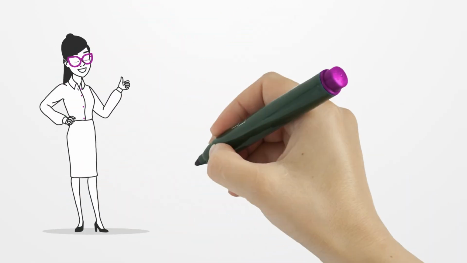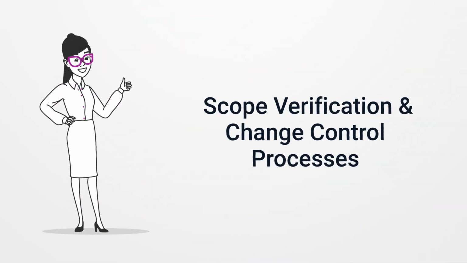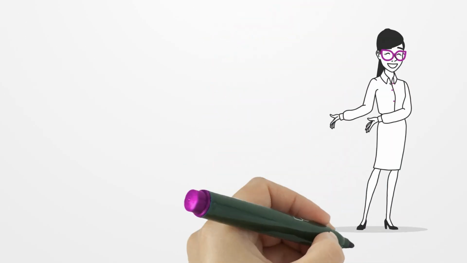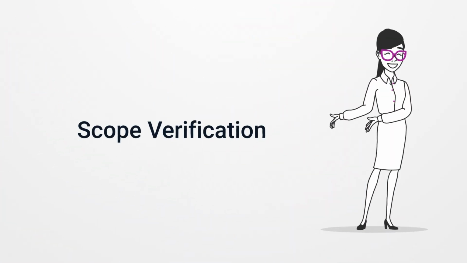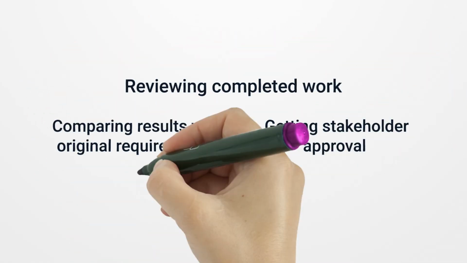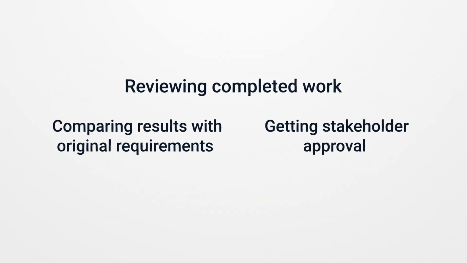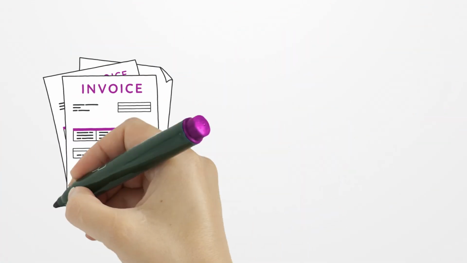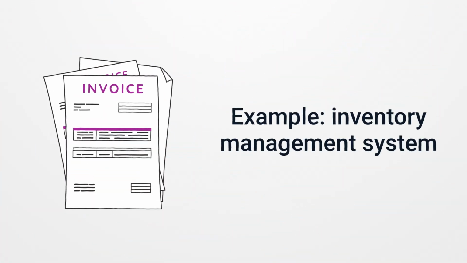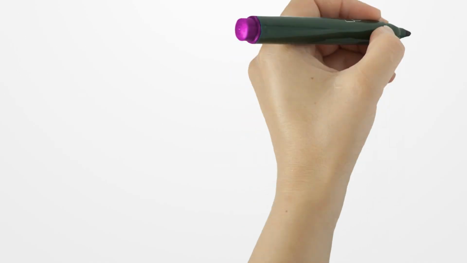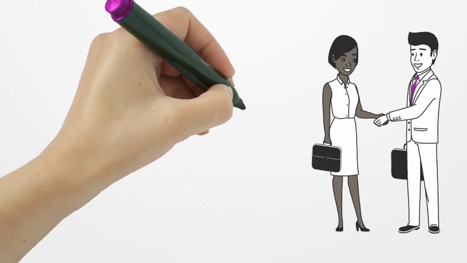4. Scope verification and change control processes. Scope verification. Scope verification ensures that all project deliverables meet expectations before final approval. This involves reviewing completed work, comparing results with original requirements, getting stakeholder approval. Example: if a company is developing an inventory management system, the client must review and approve the software before it